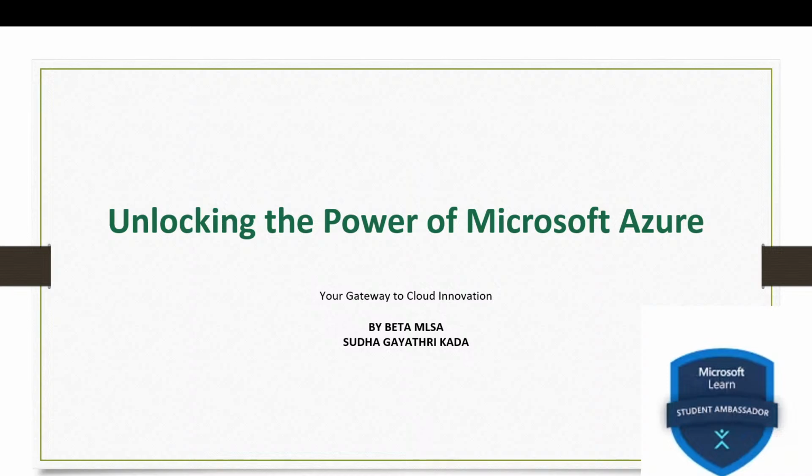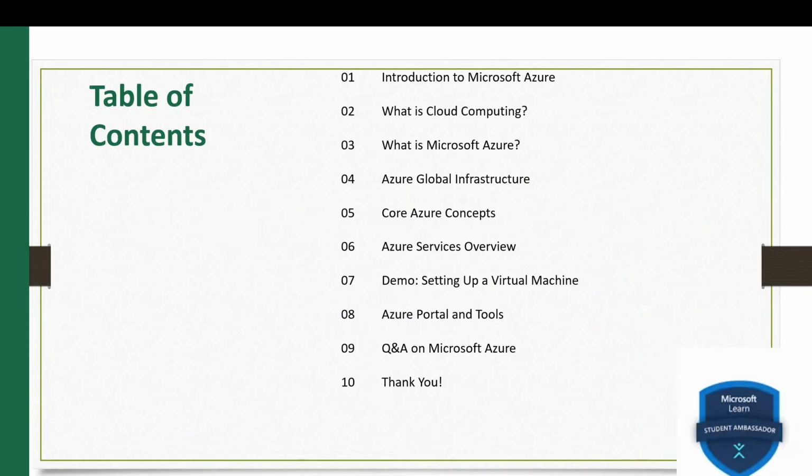We'll explore key services like Azure Virtual Machines, Azure App Services, and Azure Storage. Hands-on demonstration. I'll walk you through setting up a basic Azure environment and deploying a simple application. And finally, we'll end this session with a Q&A session. I'll answer your burning questions and help clarify any doubts you have about Azure.